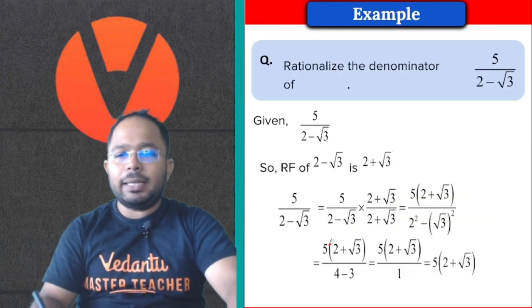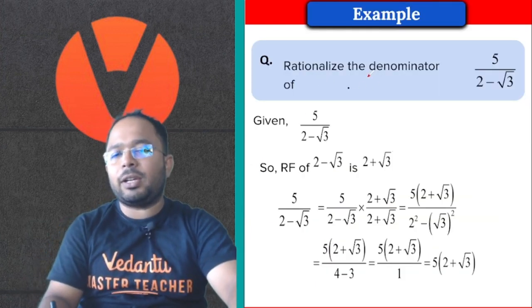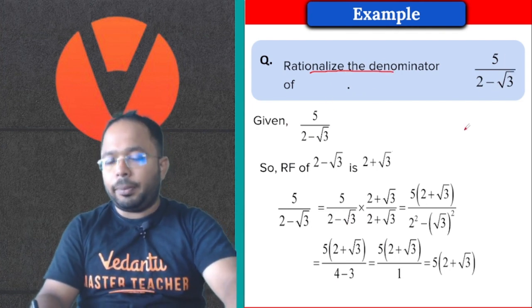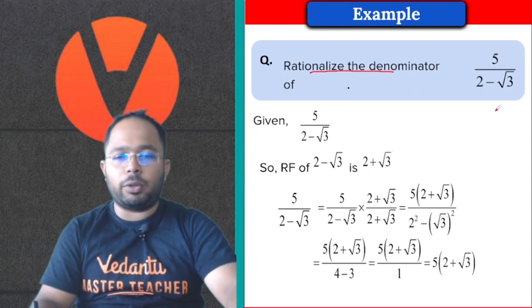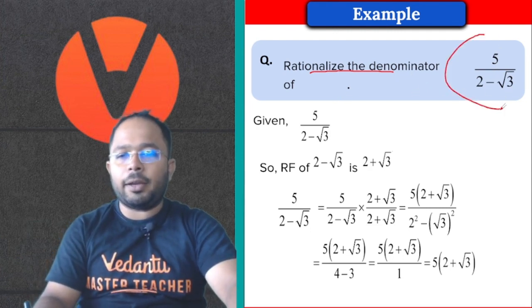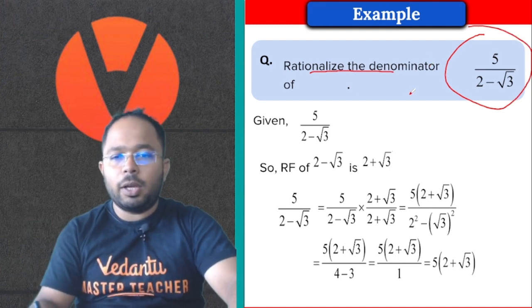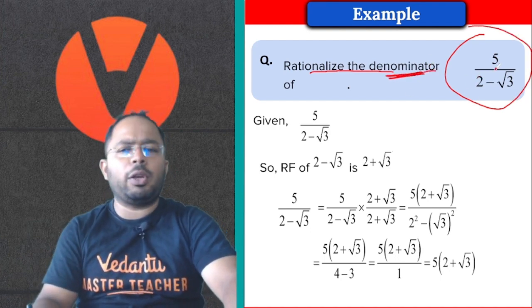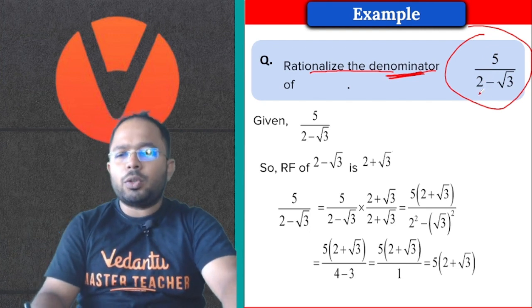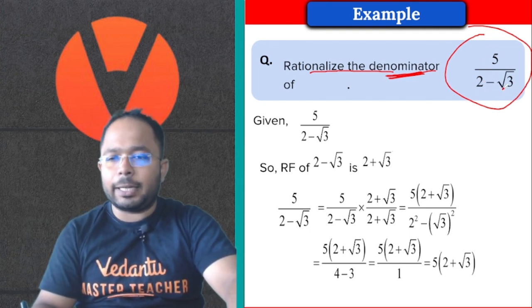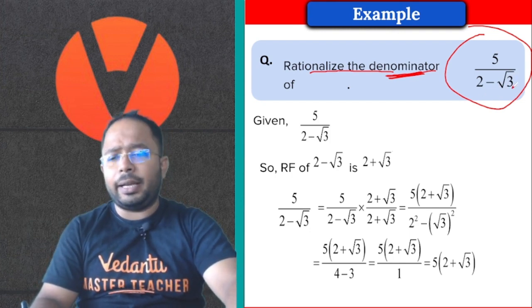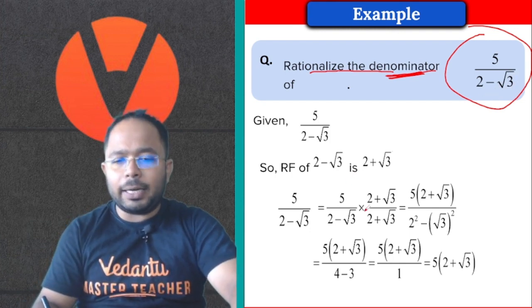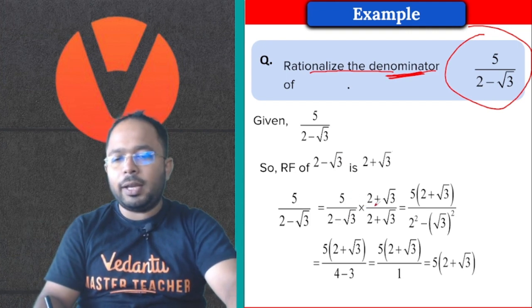ओके, तो चलिए एग्जांपल से समझते हैं। जैसे यहाँ पे हमारे पास है कि रैशनलाइज द डिनोमिनेटर ऑफ 5/(2 minus √3)। अब यहाँ पे हमें दे रखा है क्या, 5/(2 minus √3)। तो यहाँ पे डिनोमिनेटर को रैशनलाइज करना है क्योंकि न्यूमरेटर में तो वैसे भी 5 है। सो 2 minus √3 को रैशनलाइज कैसे करें। इसको रैशनलाइज करने के लिए वी विल जस्ट मल्टीप्लाई इट।